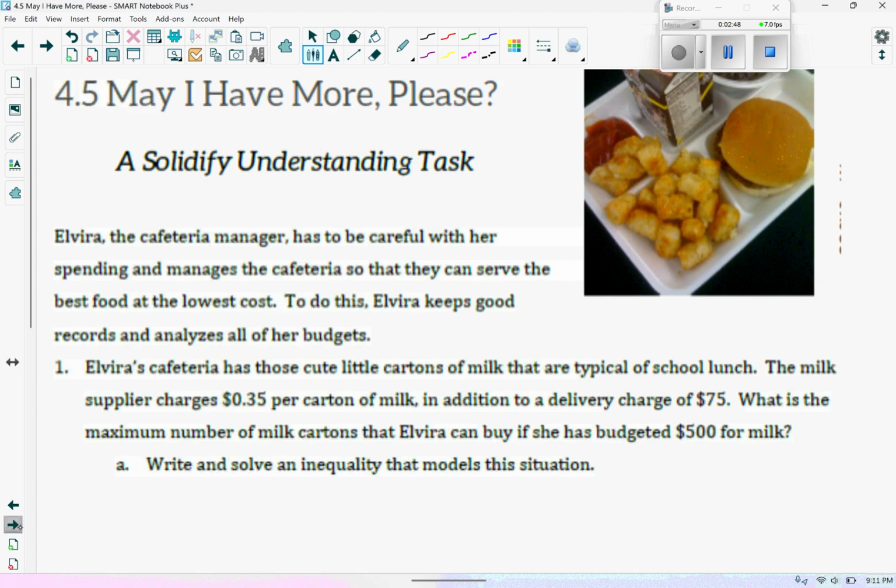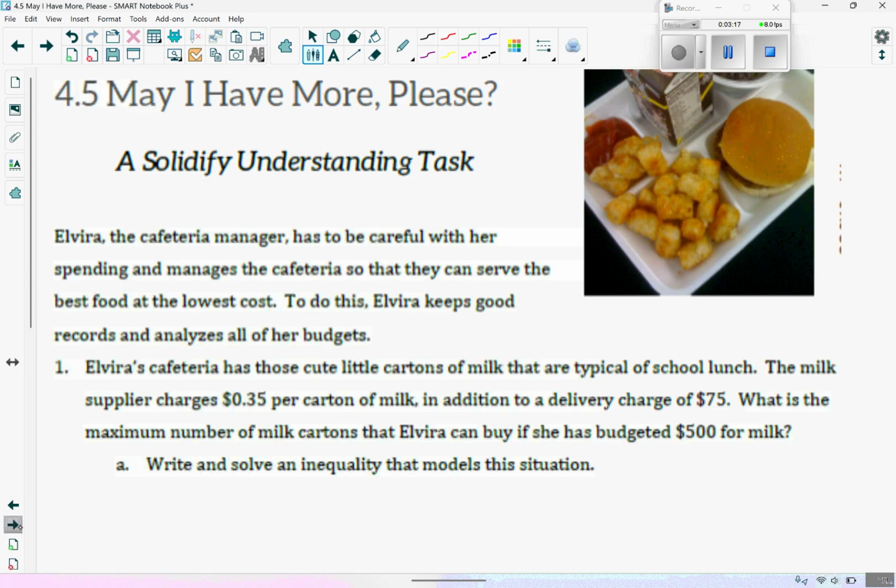All right, so again, this is an old MVP lesson. They are really good because they have lots of word problems. So this is actually a solidifying understanding task, which means that I would have taught how to solve inequalities the day before, but then we would do word problems the next day to see if you guys understood how to do it. So for this first problem, it says Elvira, the cafeteria manager, has to be careful with